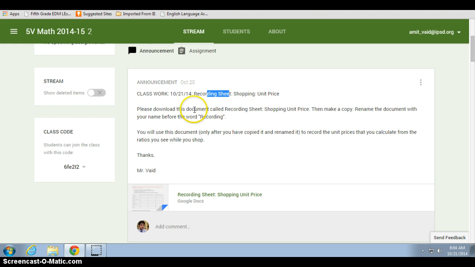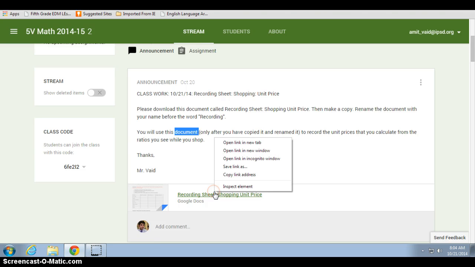I write, please download this document called recording sheet, shopping unit price, then make a copy, rename the document with your name before the word recording. It's important that you do this. Please don't use my copy. You have to make your own copy because you'll be writing on it. You're going to use this document to record information on the unit prices of the different products from the different stores. So I'll right click on this, open this in a new tab,